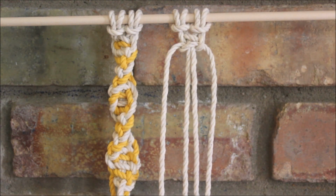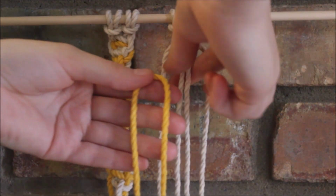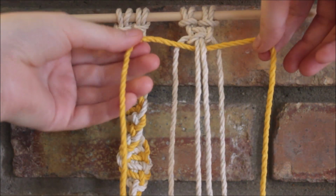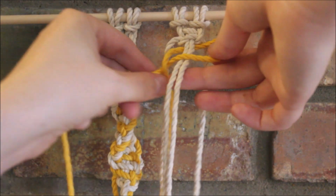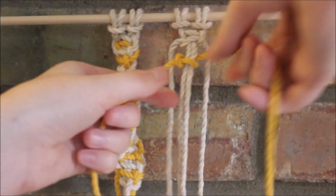And now I can go in and use my next color. So like before, I'm just going to take this right behind the 2 in the middle, and I'm going to form a square knot as before. So I cross the one on the right over, then the left goes over that rope, behind the 2 and through the loop, pull it tight,